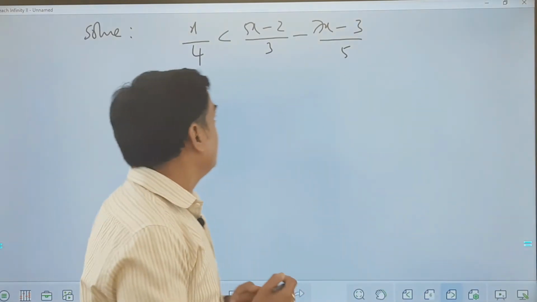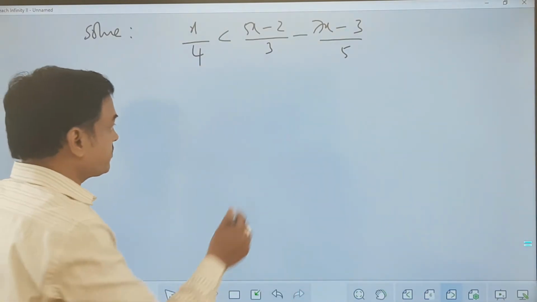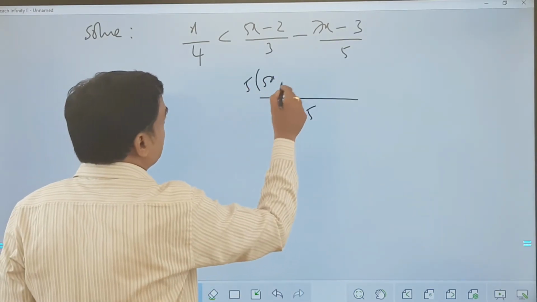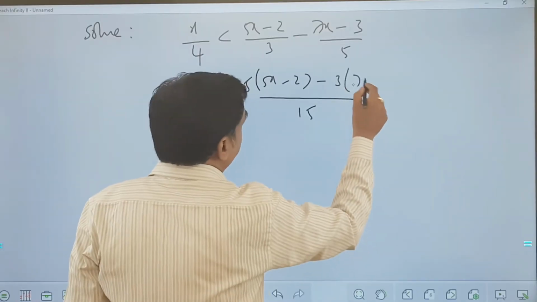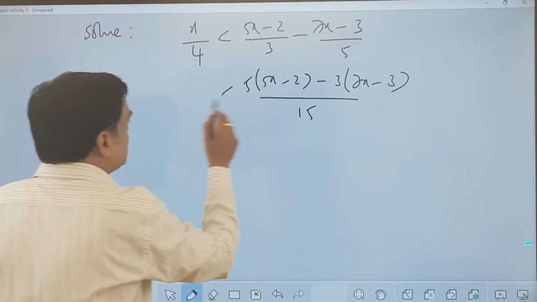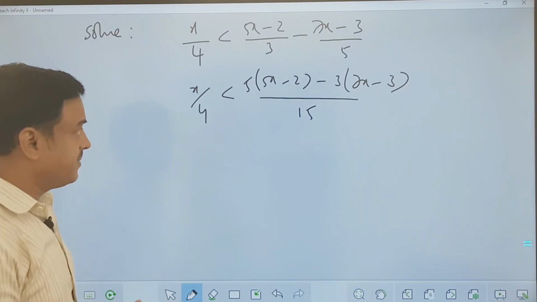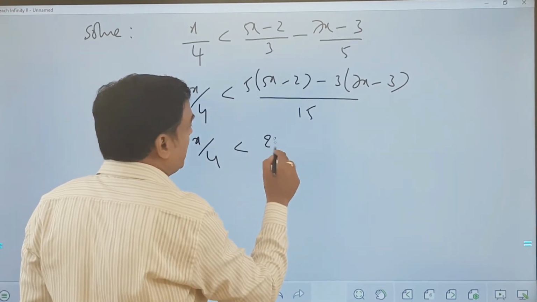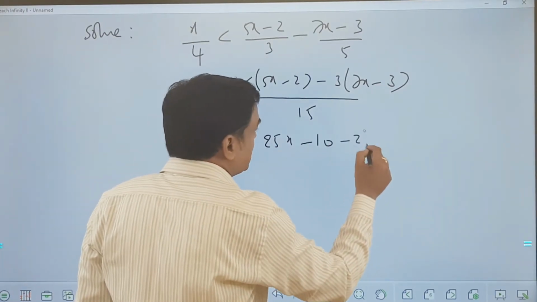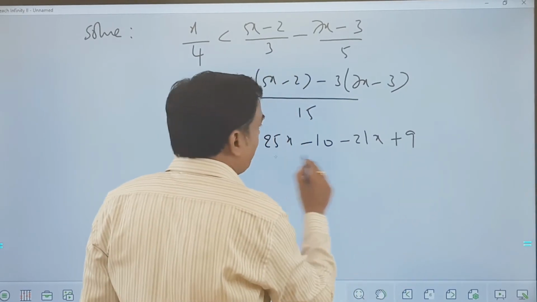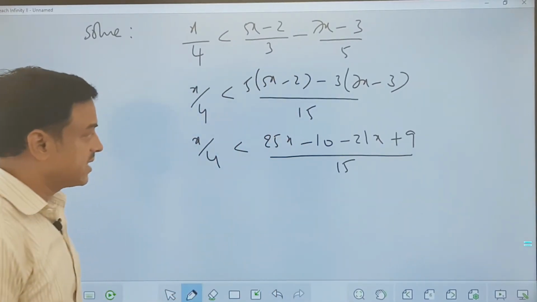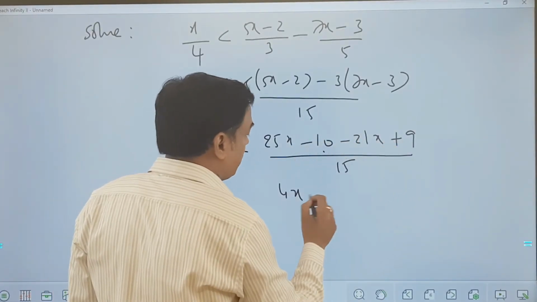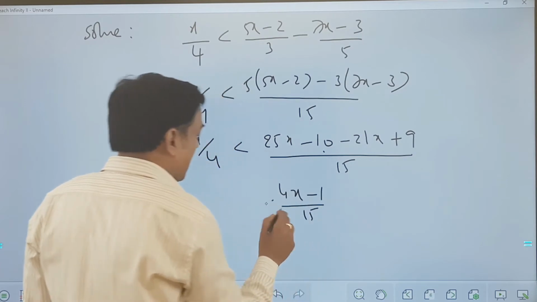You can see on one side there is only one less than or equal to symbol here. So I would take 15 as LCM, and this will be 5 times (5x minus 2) minus 3 times (7x minus 3), and less than x by 4 given here. Fair enough? And this is x by 4 less than, it's 25x minus 10 minus 21x plus 9 upon 15, is what you get in this case. So 25 minus 21 is 4x, minus 10 and 9 will be minus 1, upon 15,